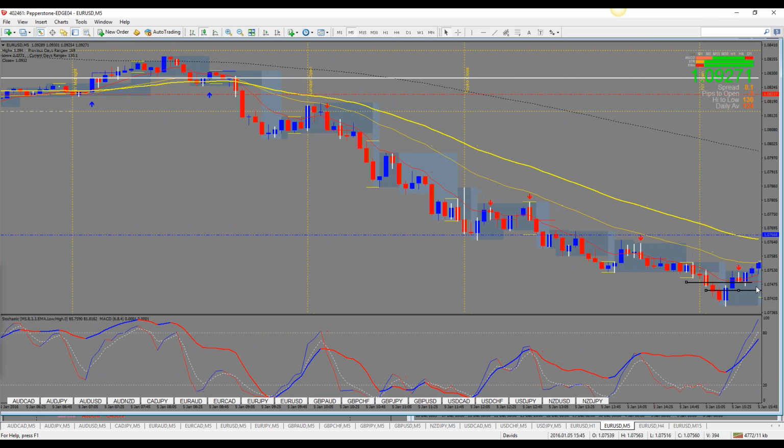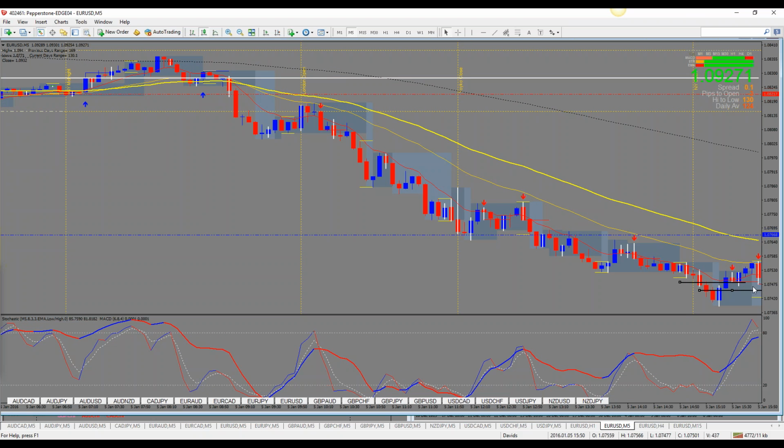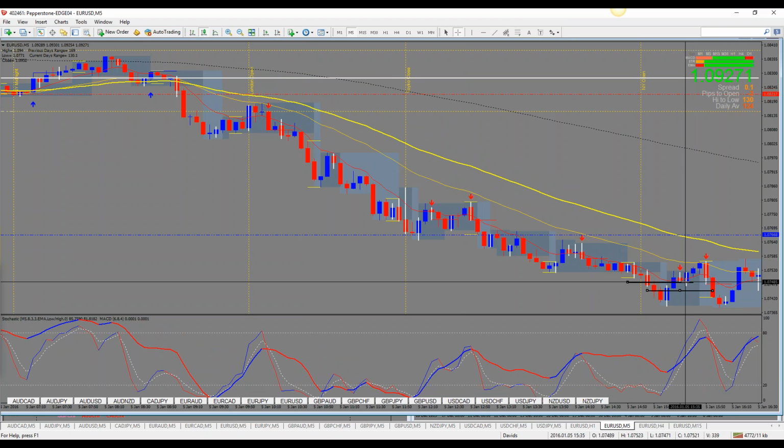There it is. And my stop loss on that trade would have been here. So I would have been very close to my stop loss. So I'm going to count that as a loss of 8 pips. All right, so one loss, 8. And we've got,